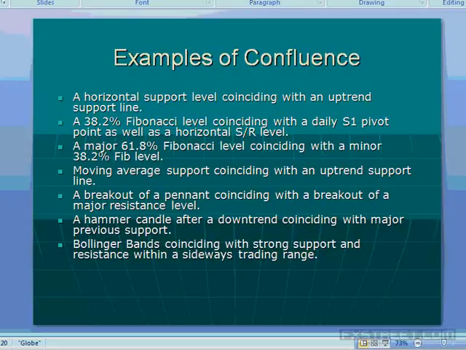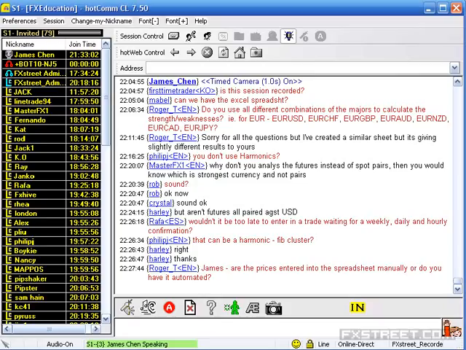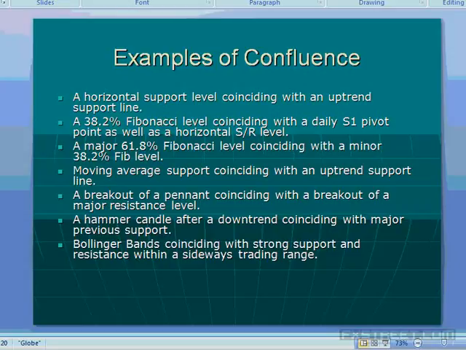That can be a harmonic. Fib clusters can be a harmonic. When you talk about harmonics, I guess you would be talking about ABCD patterns, Gartleys, butterflies, etc. Yeah, but I don't really work with harmonics. I do work a lot with Fibonacci levels, but not as much with the harmonics that you may be talking about, Philip.